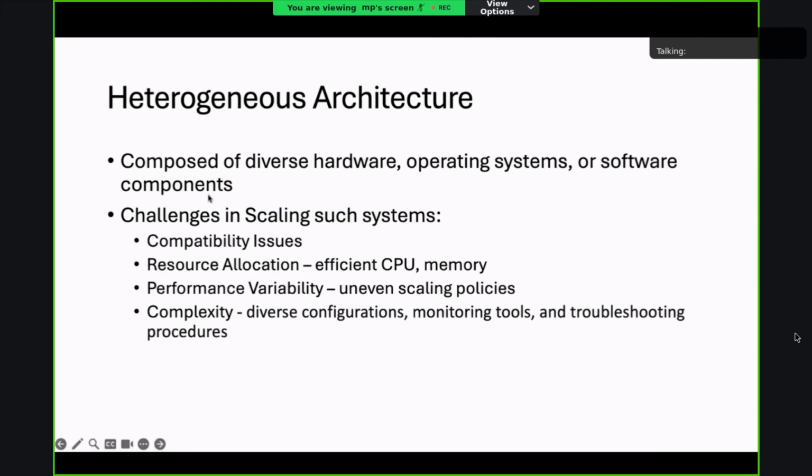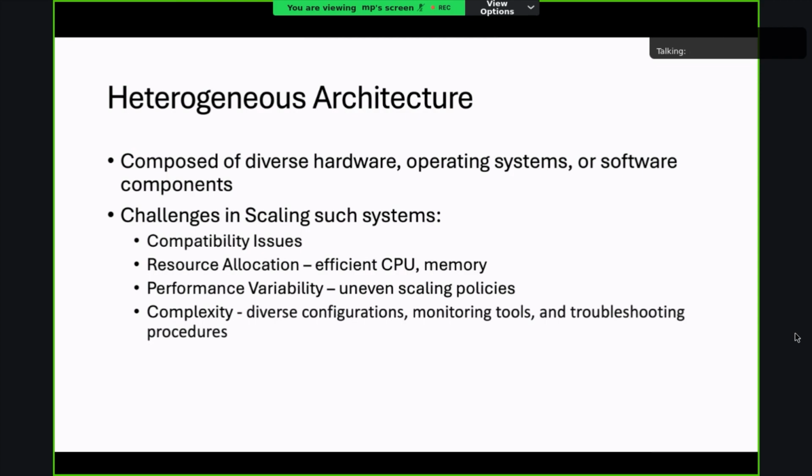If we are running such a complex architecture with so many instances running on a single machine, it comes with its own challenges when it comes to scaling.